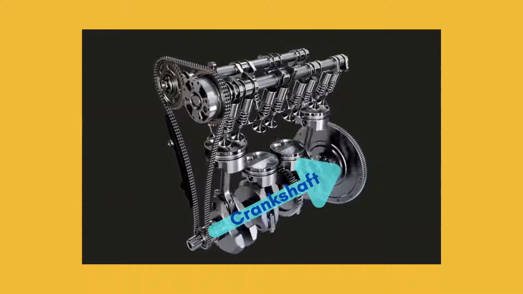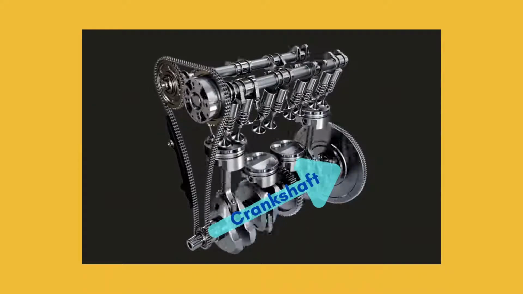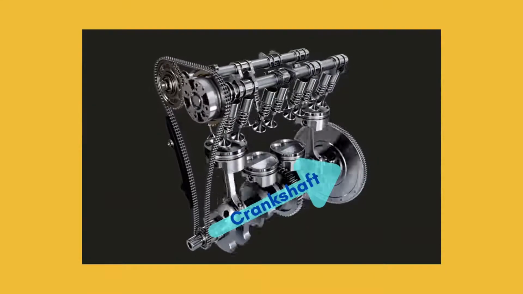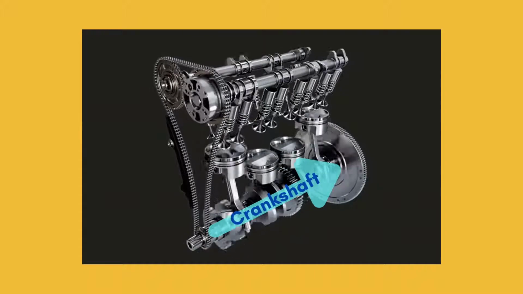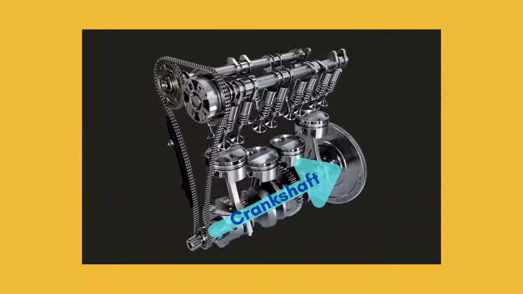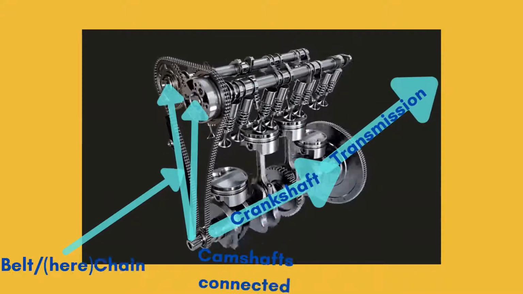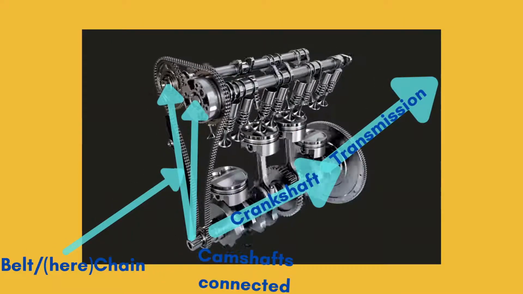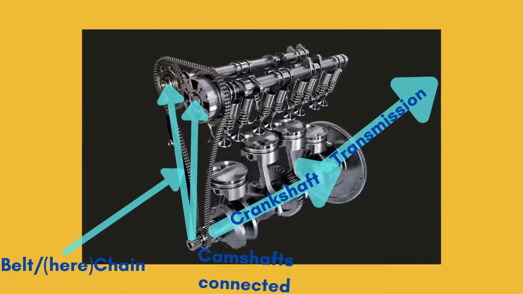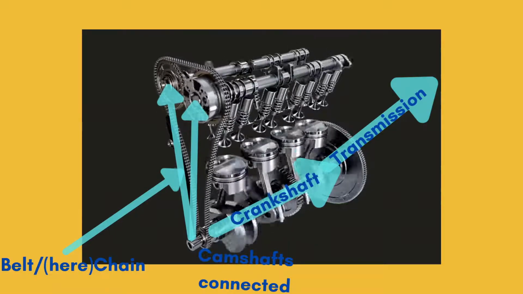So, the crankshaft obviously has 2 ends. One end goes into the transmission and then through the drive shaft into the wheels, whereas the other end is connected by a chain or a belt into something above it. This something is another rod or rods, as you may have guessed.